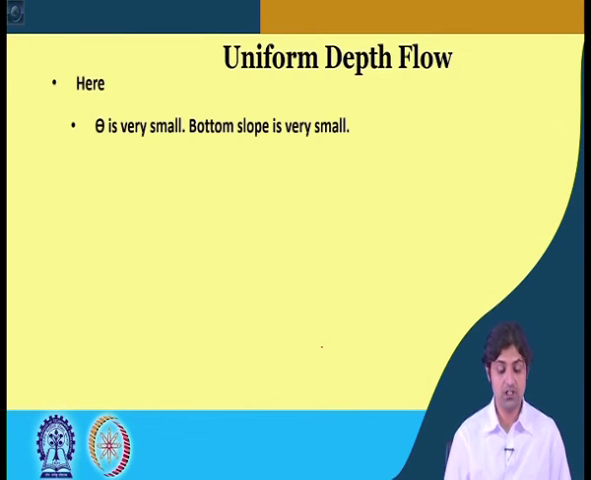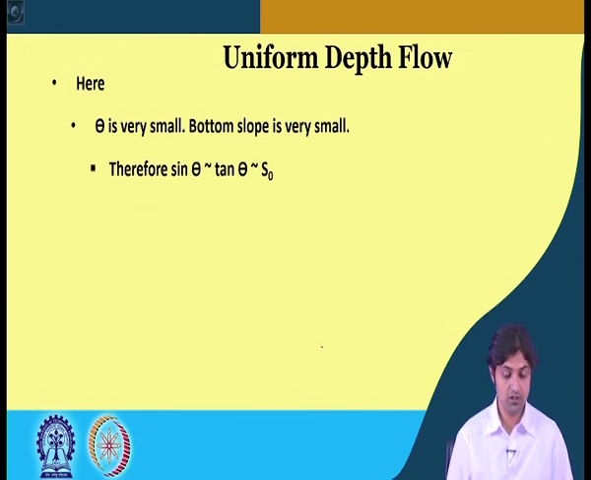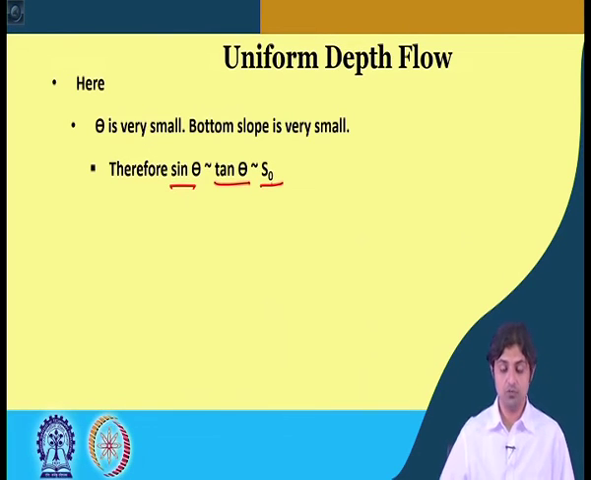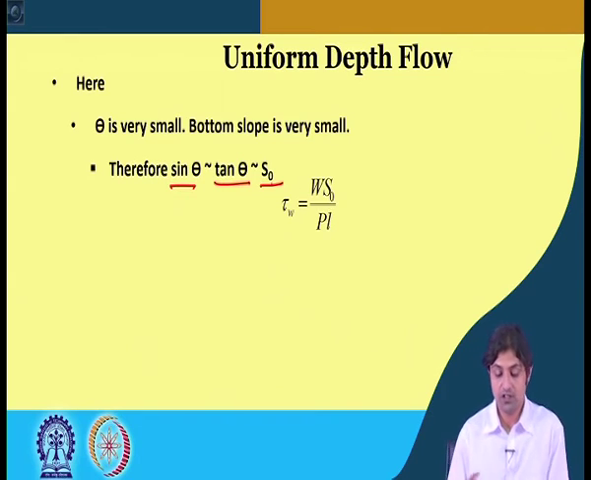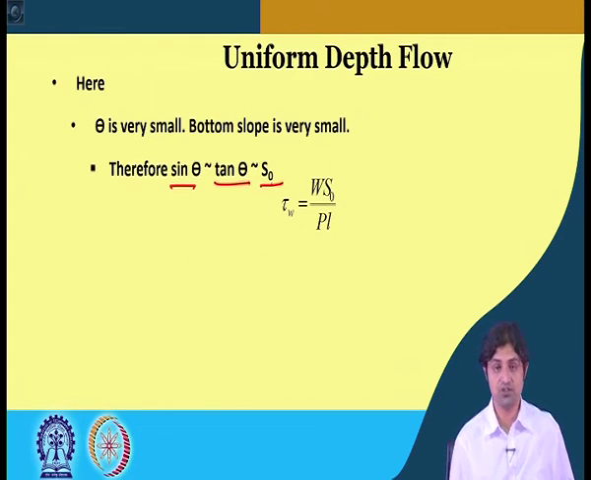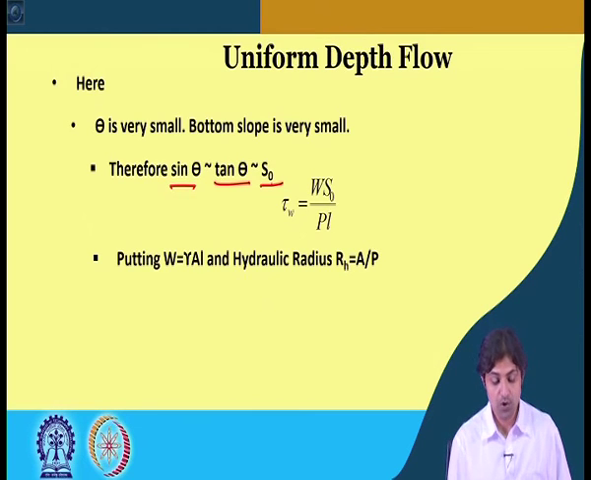So, here theta is very small, that means bottom slope is very small. Therefore, sin theta can be written as tan theta, and that can be written as bottom slope S naught. So, we can simply write tau W is W S naught divided by P into L. So, instead of sin theta we have written S naught. Now, if we put the weight as gamma A into L,